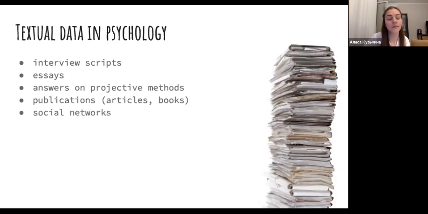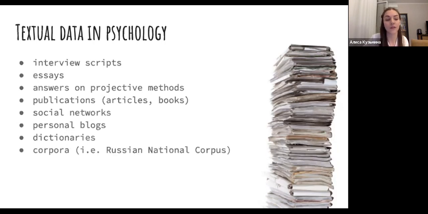and maybe less familiar, but still very useful: social networks, personal blogs, dictionaries, corpora, for example, the Russian National Corpus. Maybe it's important here to describe what corpora means. A corpus is a big data set of different textual data. For example, the Russian National Corpus consists of different books in Russian